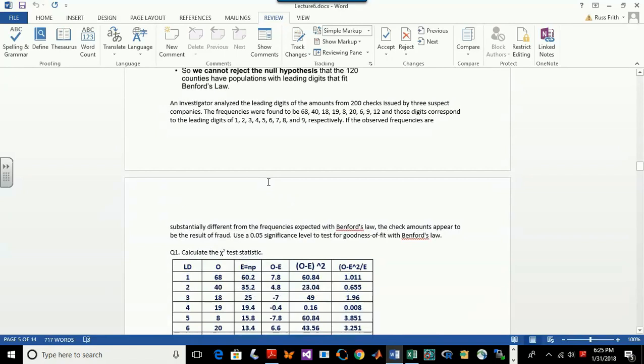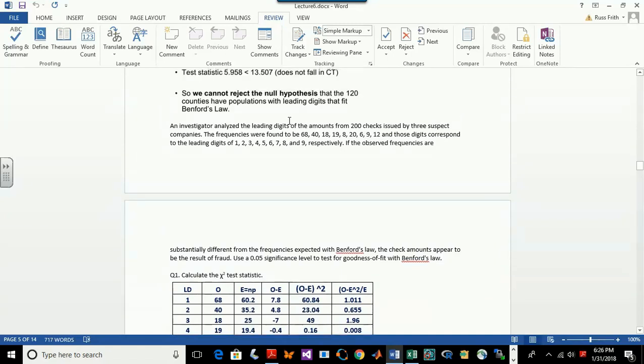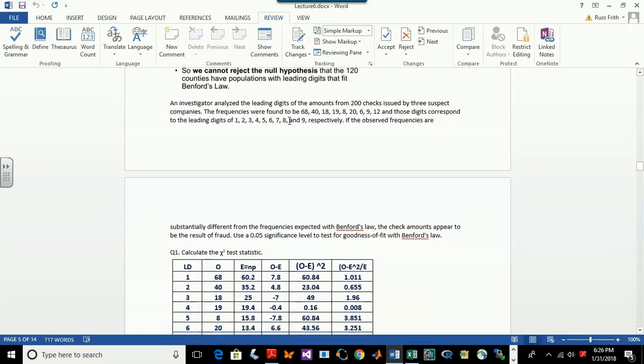Well, the null hypothesis is what? That there is fraud, right? Let's see, read it again. If the observed frequencies are different from the expected frequencies from Benford's law. Okay, so the null hypothesis is that